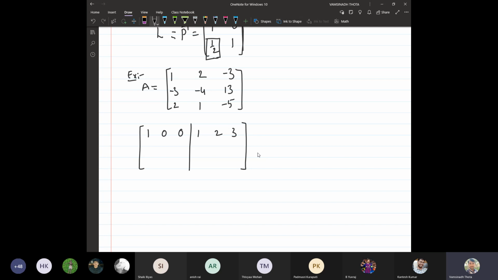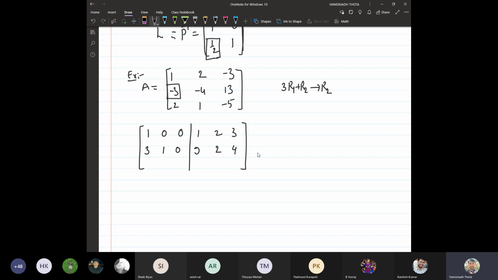Now the next thing we need to do is convert this entry to 0. So we do 3 times R1 plus R2 replaces R2, and hence we will get 0 here, and then 3 times R1: 6 minus 4, 2; and 3 times R1: minus 3 minus 9 plus 13, so that is 4 again. And the same thing we need to do here also, right? So we will get 3, 1, 0. It is actually an identity matrix earlier.